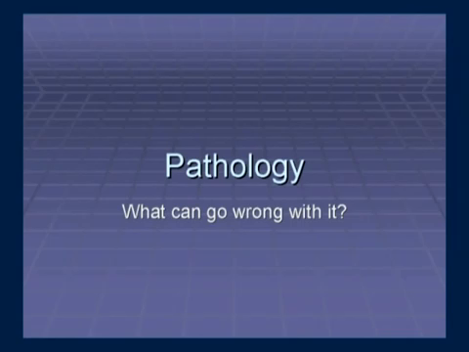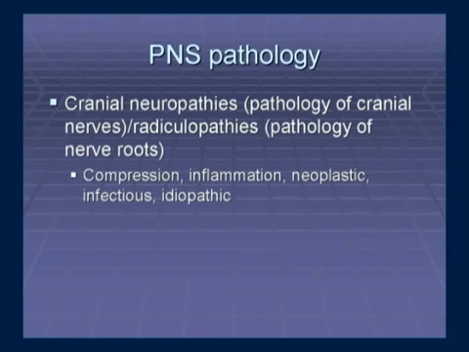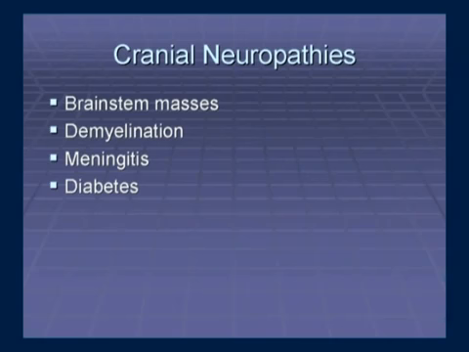So finally, what I'd like to talk about is pathology, which basically answers the question, what can go wrong with it? So just briefly, we have cranial neuropathies. This is, like I said, the extension up in the head of the peripheral nervous system. It can be liable to problems with brainstem masses, what's called demyelination, meningitis. Basically, meningitis and all non-compressive causes of cranial neuropathies and radiculopathies that we're going to talk about in a second